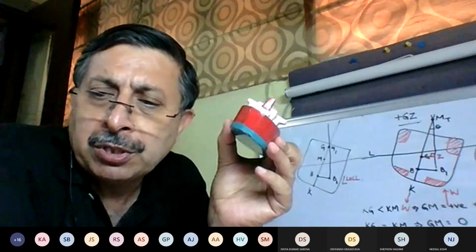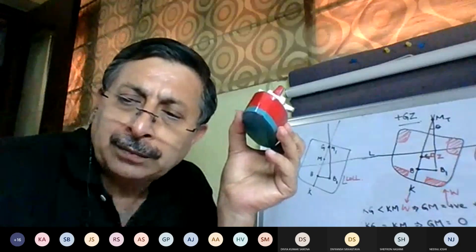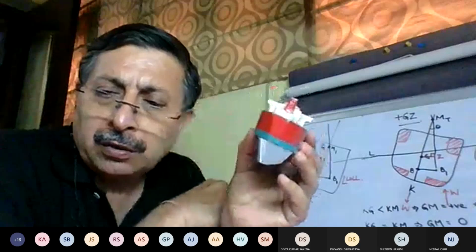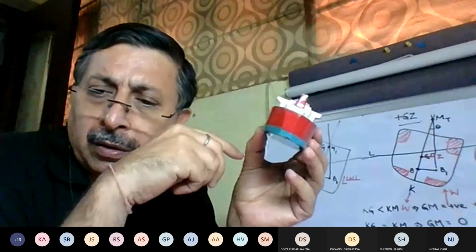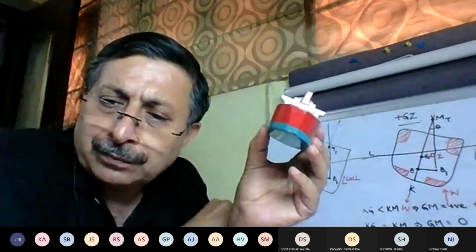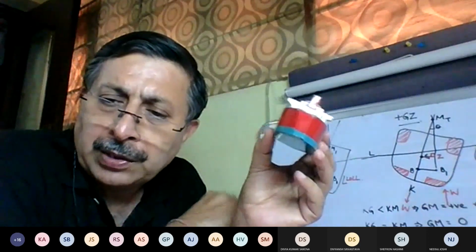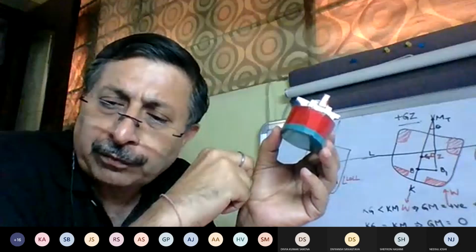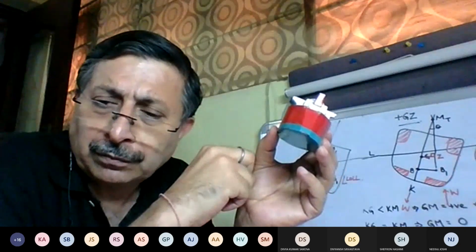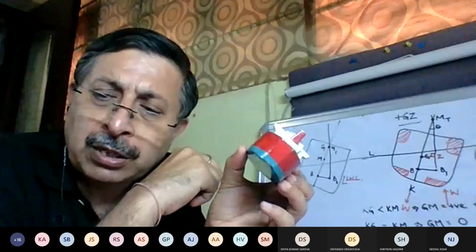Why am I in a dangerous situation? Because I am still consuming. So मैं और consume करूँगा नीचे से अपने liquids. The G will again go up. GM will again become negative. Negative righting lever. Again the vessel will start to heel more.